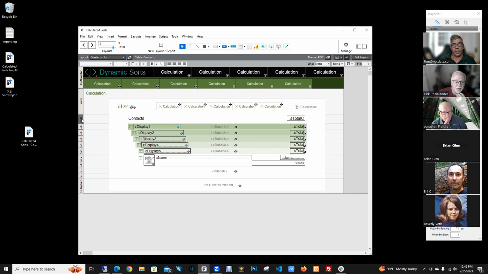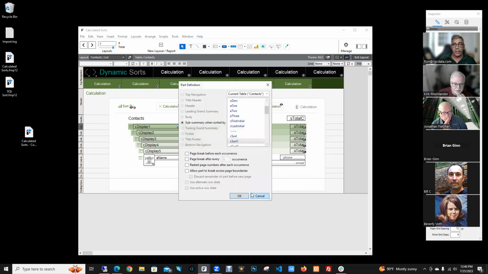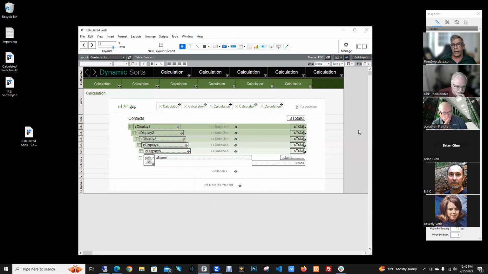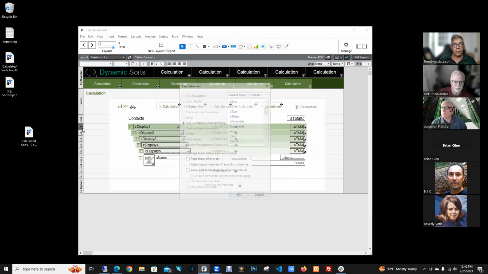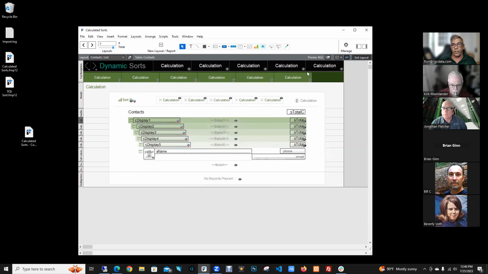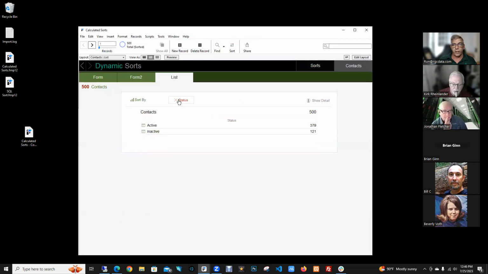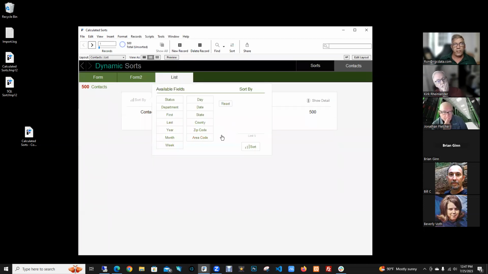But yeah, it's a list view, and we're using a few different fields here. This report is built on basically 10 different fields. So we've got the calculated fields to sort by, and then we've got the calculated fields on what to display. What I've done is I've made the ability to, if I want to sort by month, for instance,